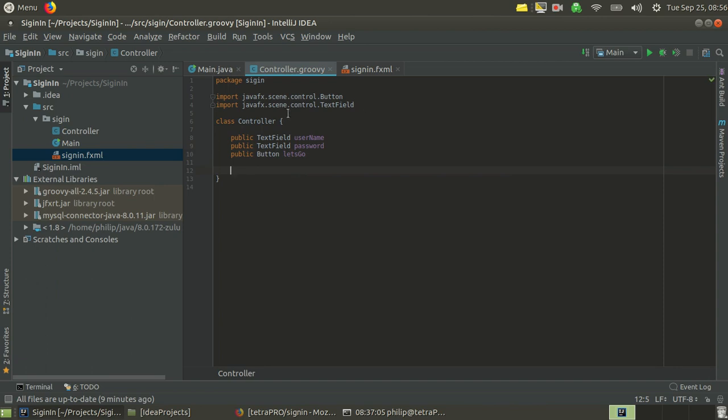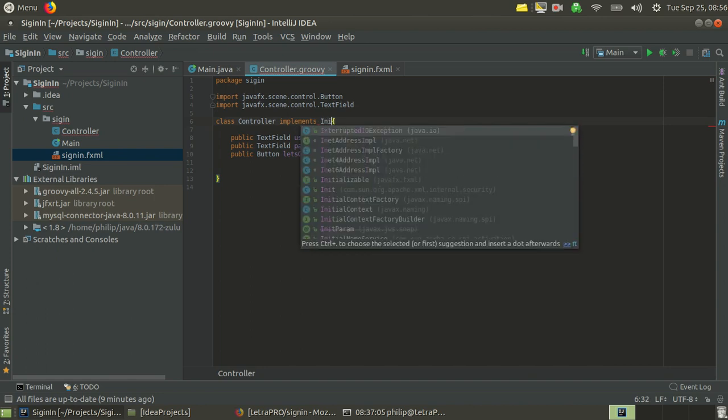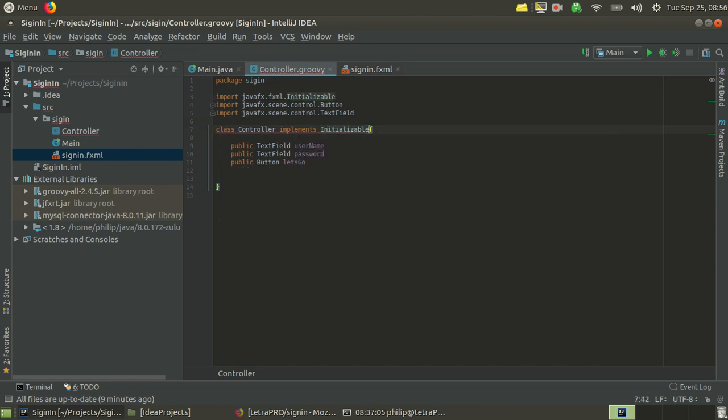Okay, now we want to go ahead and implement. Do we want to implement something here? I believe so. Initializable. There it is. JavaFX. Okay. Now we hit Alt Enter again. Enter, enter, and we get